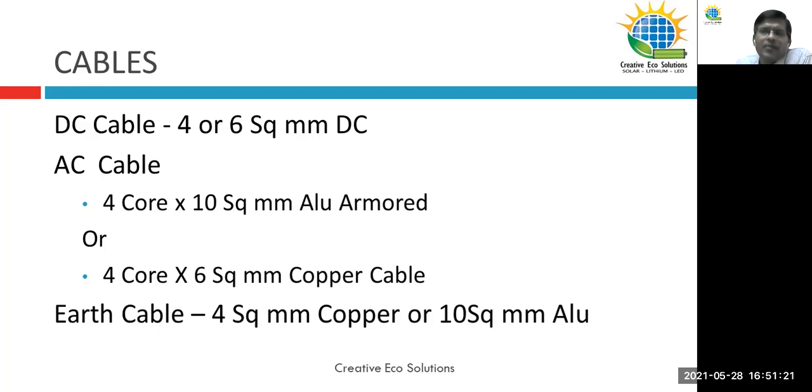Now, what do we mean by a DC cable? How is the DC cable different from an AC cable? I remember here the DC cables are carrying current of around 10 amperes, 20 amperes based on the string, or let's say 10 amperes in a single string, and at a voltage of around 750 DC volts. Right? At a voltage of around 750 DC volts, which is much beyond your AC voltage line. AC voltage lines are around 415 in three phase, and in a single phase it's around 230 to 240. Here we are talking about double.